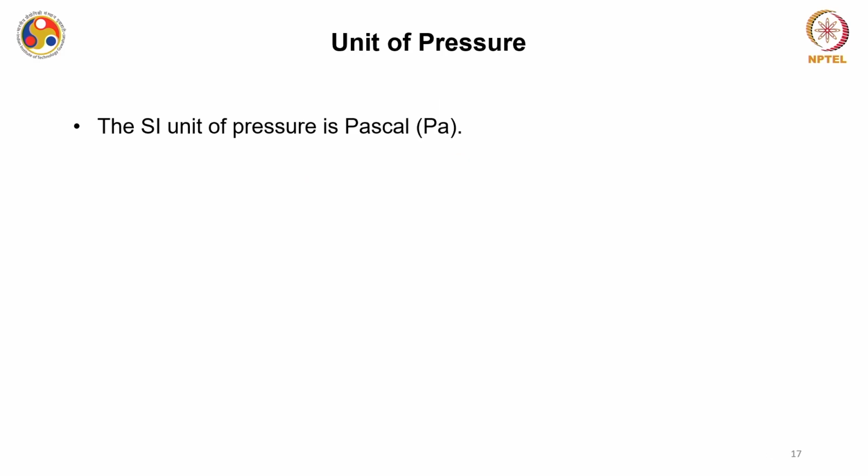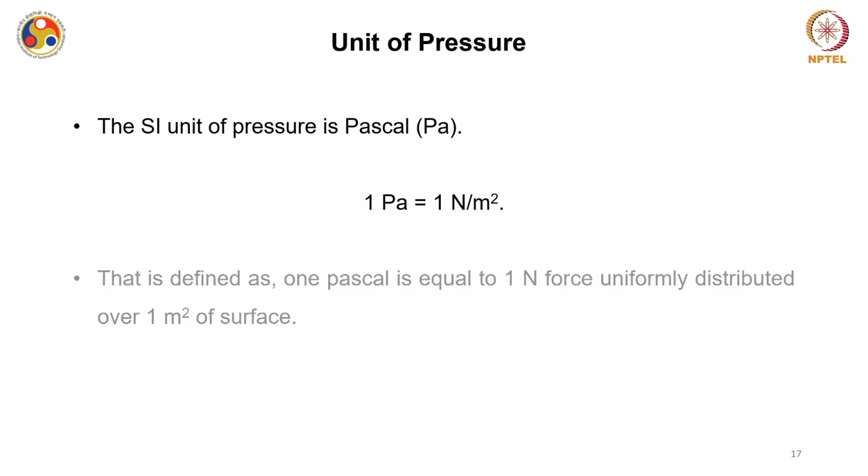The SI unit of pressure, we all know, is the Pascal. And 1 Pascal is defined as 1 Newton per meter square. So, if I define it, a Pascal is equal to 1 Newton of force uniformly distributed over a meter square of surface. Please remember, I am telling it again and again because we are going to use that in the concept of